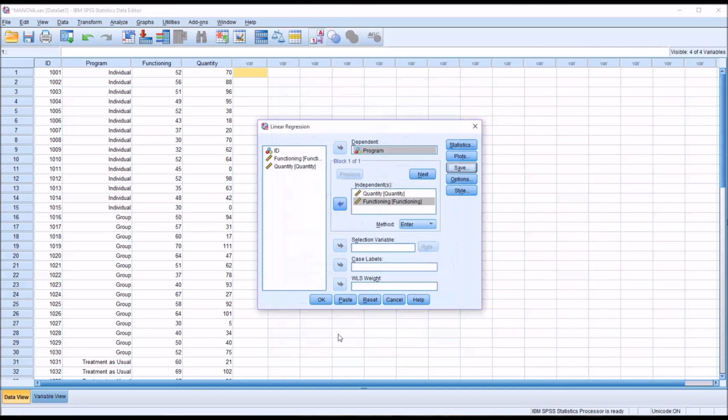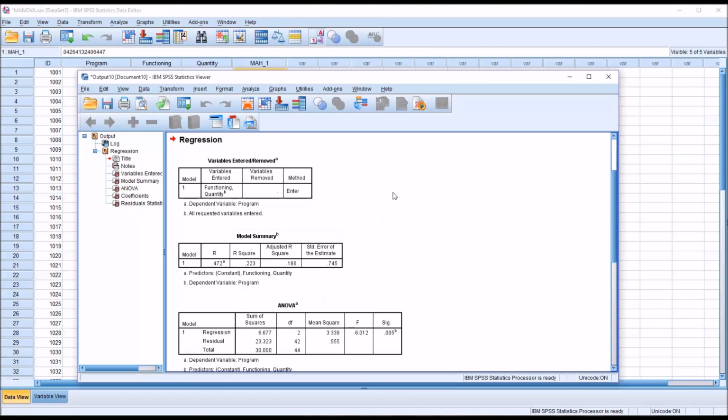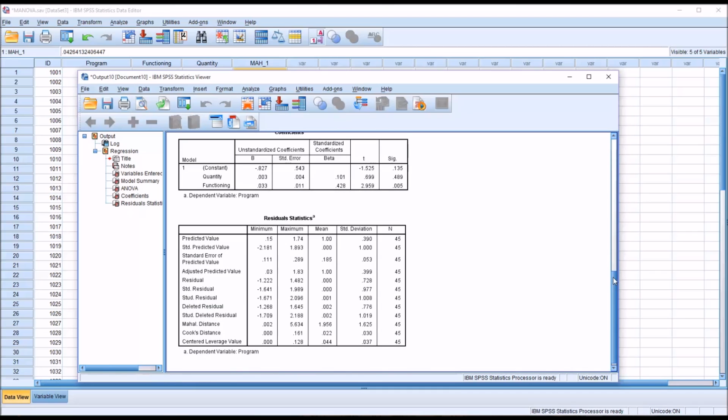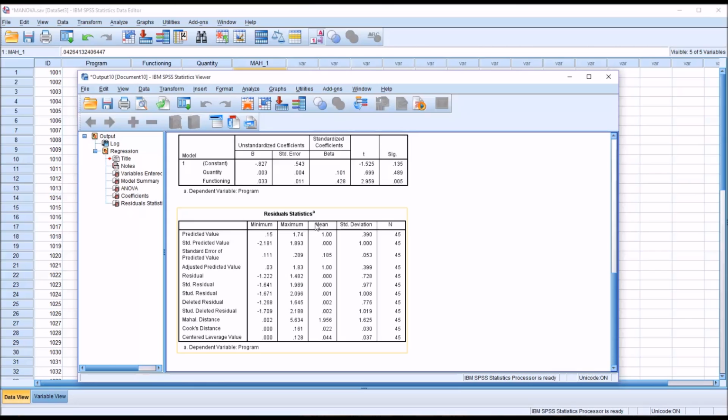So I'm going to click Continue and then OK, and you can see that it conducted a regression here. But what we're interested in is at the end, under residual statistics, we want to have a look at the maximum value for the Mahalanobis distance, and that is